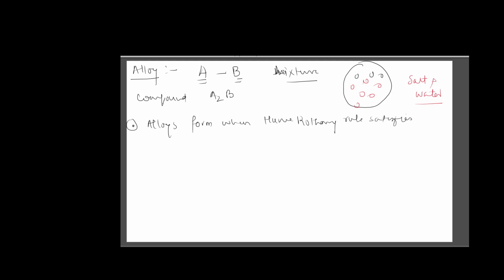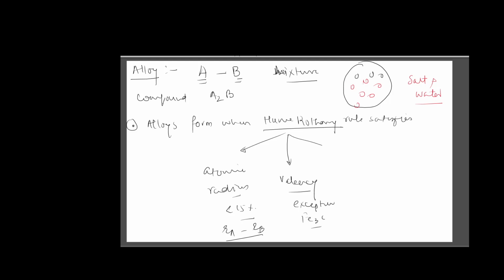अब ये रूल क्या कहता है? अब ये रूल कहता है कि एक तो इसके अंदर जो एटॉमिक रेडियस है जो दोनों मटेरियल्स की है वो लेस देन 15% का डिफरेंस हो इन दोनों में। मतलब अगर मान लो कि एक की आर ए है एक की आर बी है, तो इन दोनों के बीच का डिफरेंस जो है 15% से कम हो। वैलेंसी जो है सेम हो। अब इसमें एक एक्सेप्शन है Fe3C, ये एक्सेप्शन है बट ठीक है।